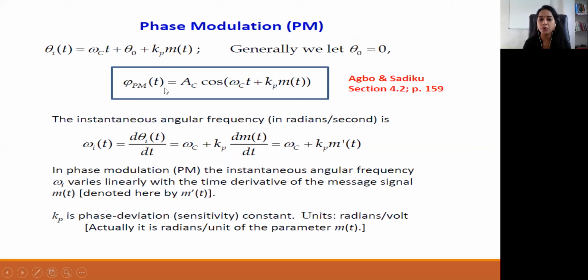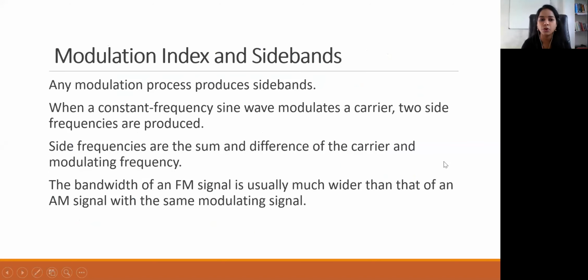So the phase modulated wave will look like this. Here we have two parameters: omega ct, where Ac is the actual amplitude and omega c is the actual frequency of the carrier, and this is the varying term. Here theta is varying. What is varying? The phase is varying each and every time. So we will keep this as the variable, and this frequency we will keep constant, and the amplitude here is also constant. So this is the equation for phase modulation.